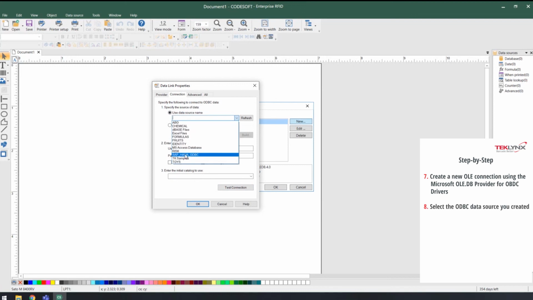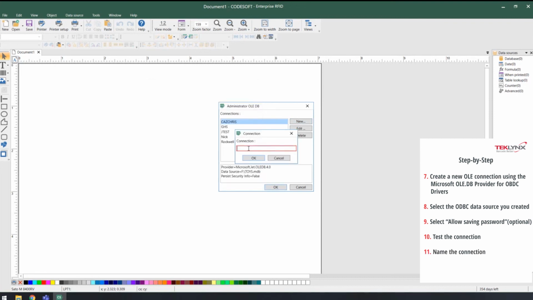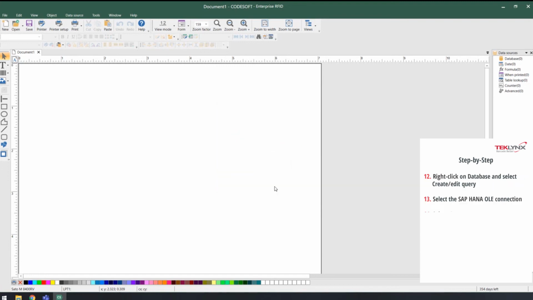So I simply select my ODBC data source I made, populate my name and password, tell it that I'd like it to save that name and password, test my connection, give it a name, and then I'm ready to populate that variable information onto my label.